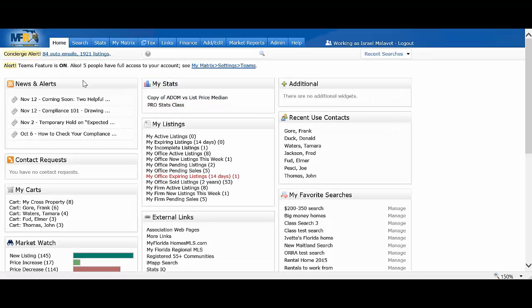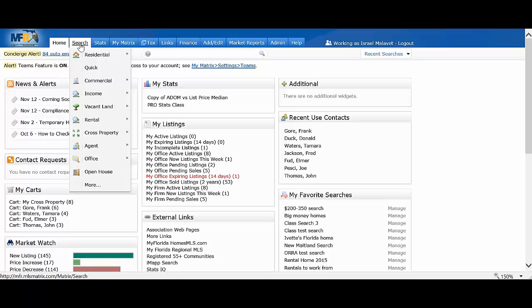To see all of the different search categories that Matrix has available, look up to the top left-hand side of the page where you'll see the Search tab. It's actually the second tab in from the left. If I place my mouse over the Search tab, you'll see a drop-down appear with all of my different search